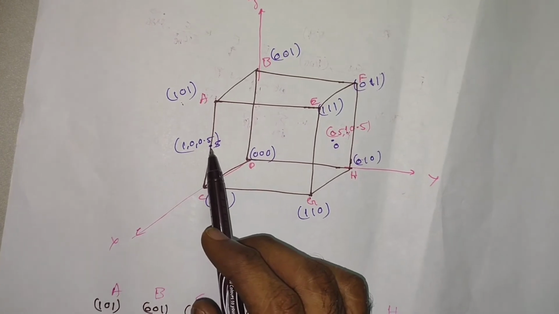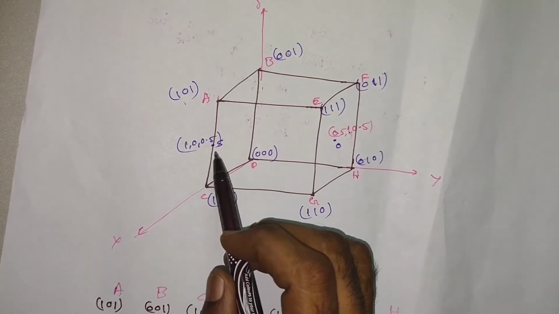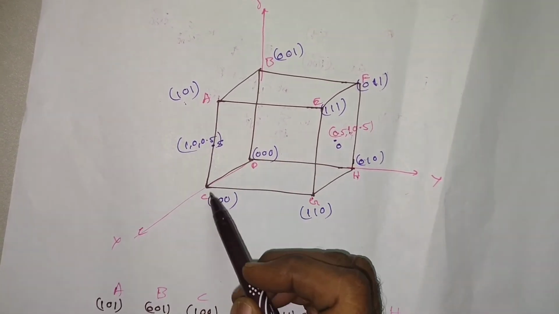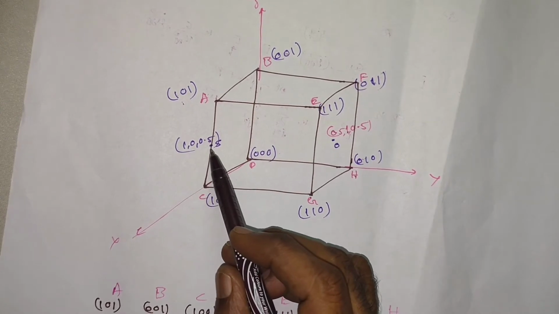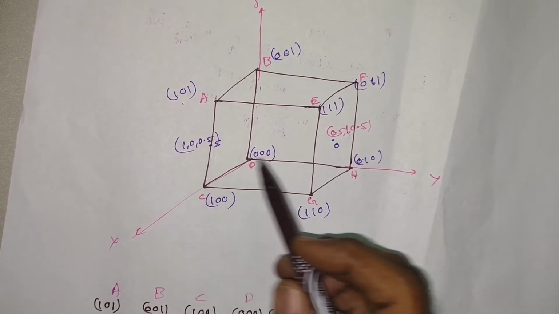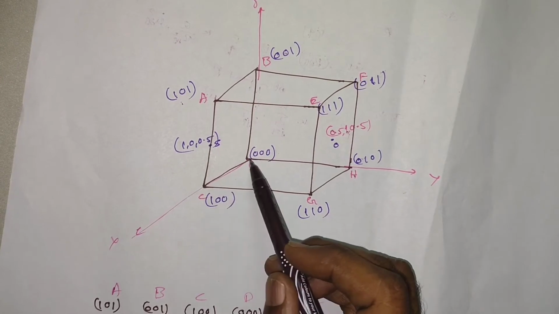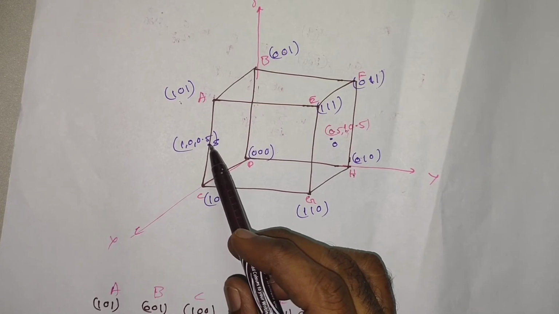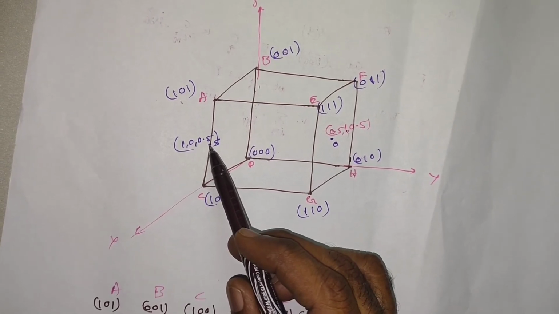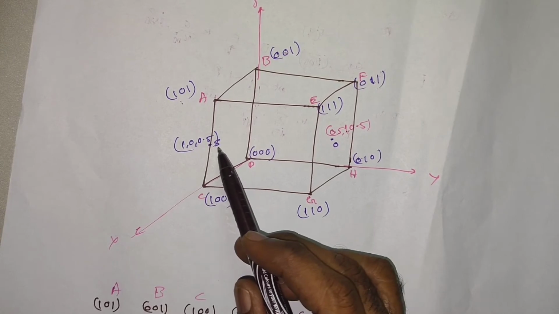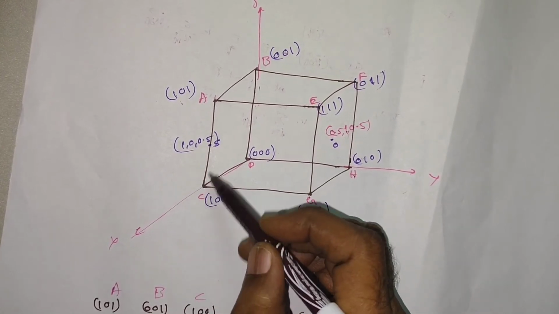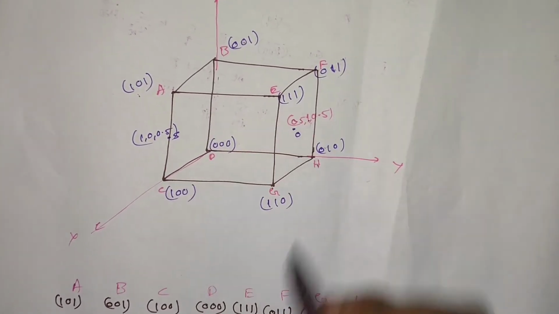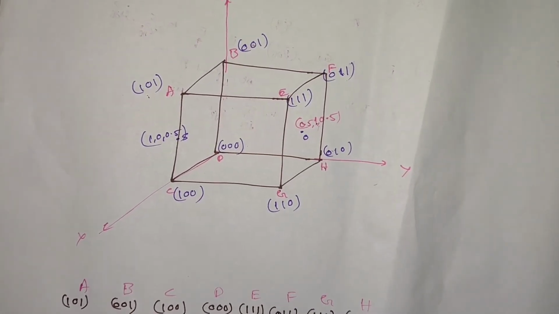The problem gives a point as the center of an edge. So here I am considering S as the center of this particular edge AC. How we are going to arrive at this point's coordinates is from here to here. So 1 unit along the x-axis and 0.5 units along the z-axis, and the y distance will be equal to 0. Hence the center of this edge is going to become 1, 0 and 0.5. So once we locate all these points, then the problem becomes very simple for us.